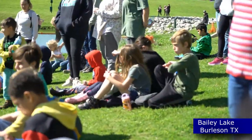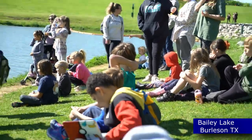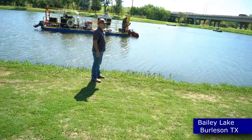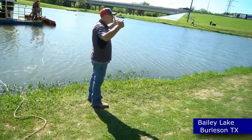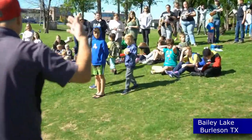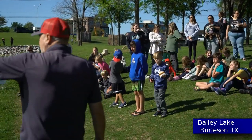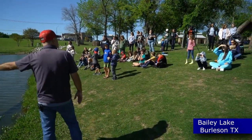So anyway, he's setting up this dredge operation right now. That is the dredge barge. And on the very front, you'll see a big vacuum. And on that vacuum, there's these cutter teeth that actually turn, and it actually chops up the mud and sediment and debris and leaves. So what he'll do is later on, they're still setting up, they'll lower that down into the water, into the mud,